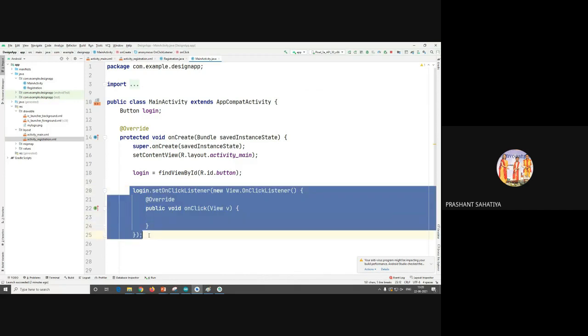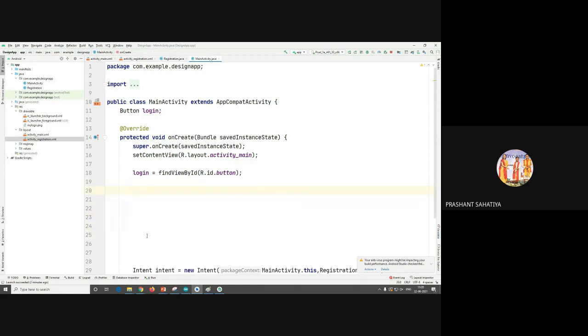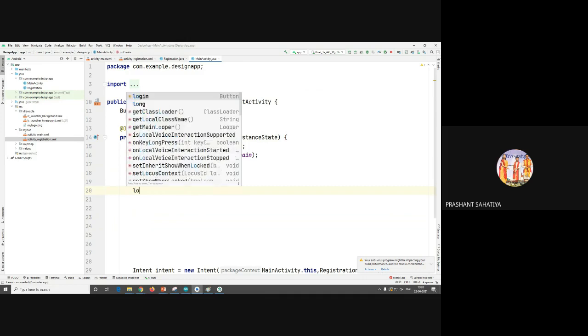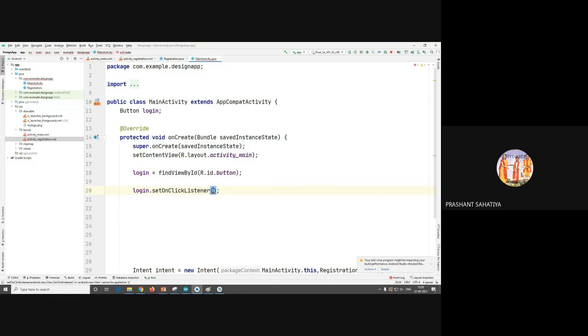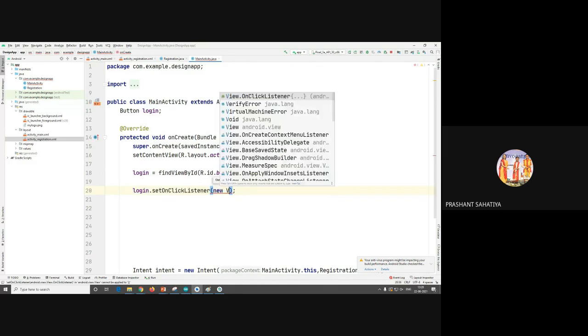Again, I am doing it. Remove this portion. Which button to click, what was the name of that object, the view whose ID has already been found. Now I will write the button name. I want to use one method called setOnClickListener. That particular function will listen to the click, and then do what needs to be done on click. Inside this I will create a new click listener, that is new.